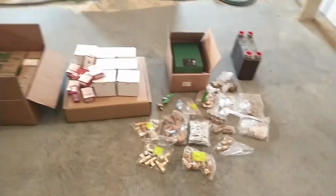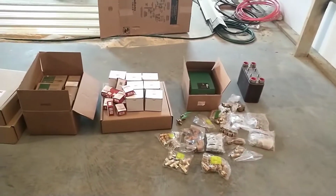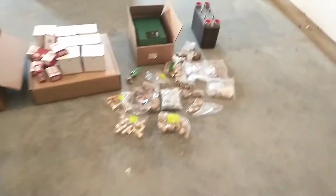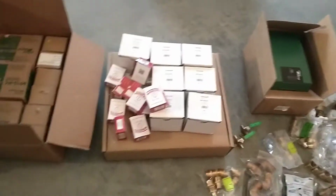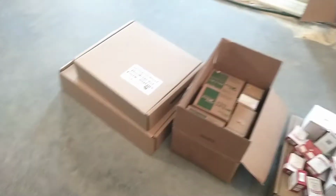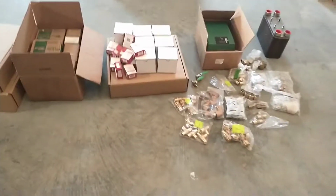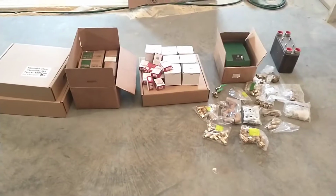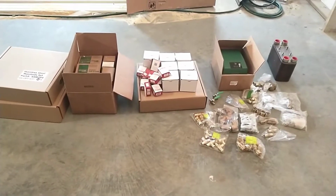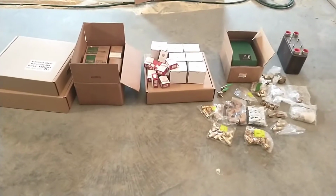So we've got all these fittings and stuff. We've got a heat exchanger, the thermostat control. We've got a whole potload of fittings. We've got gauges. These big flat boxes are manifolds. We've got pumps. All this I ordered from PEX Universe. It looks a little complicated, but I just tried to get everything I could from PEX Universe. They've got really good prices on fittings and stuff, so I tried to think of everything that I might need